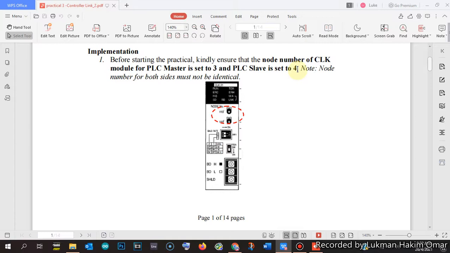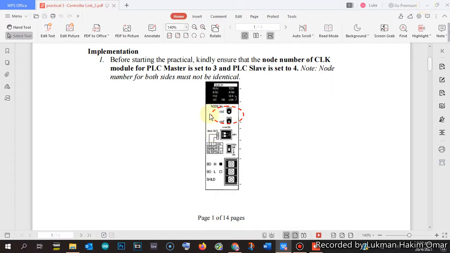The slave can be any number, but it cannot be lower than the master. That means it cannot be number 2 or number 1. So it continues with 4, 5 or 6, whatever is higher than the node number of the master PLC.